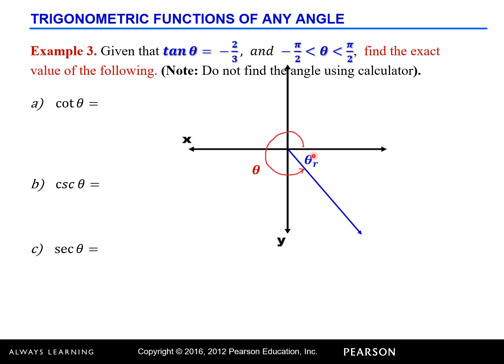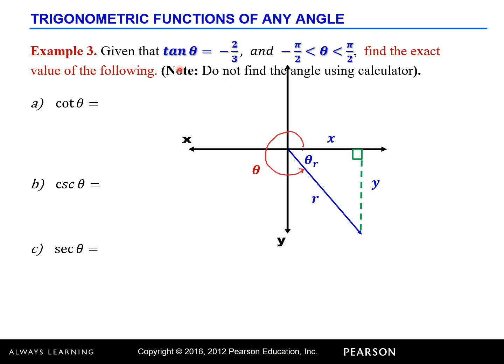On this reference angle, we can create a reference right triangle by creating a vertical line perpendicular to the x-axis. So we now have the reference right triangle. The opposite of this reference angle theta is this side, which is the vertical distance. We can denote this as y. The adjacent side is denoted by x, which is the horizontal distance. And the hypotenuse is denoted by r. So we need to define the x, y, and r.